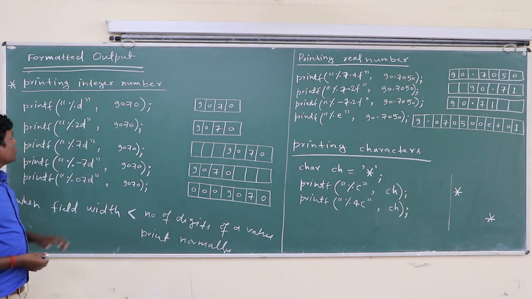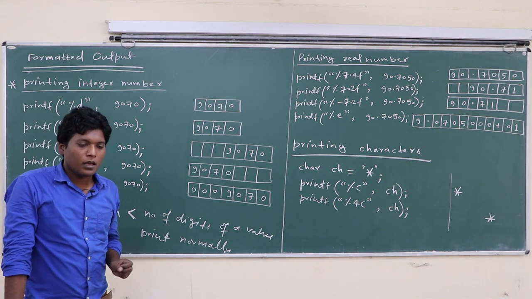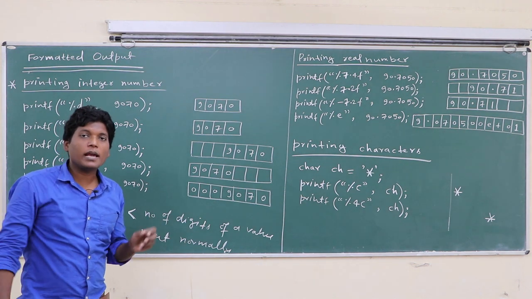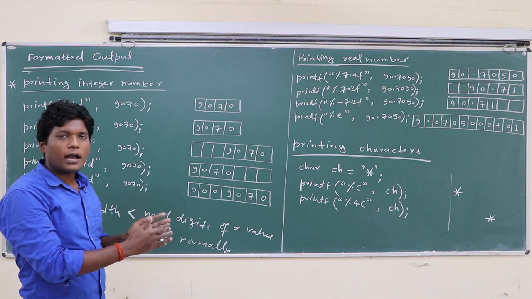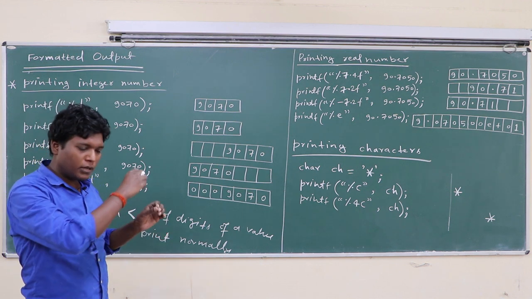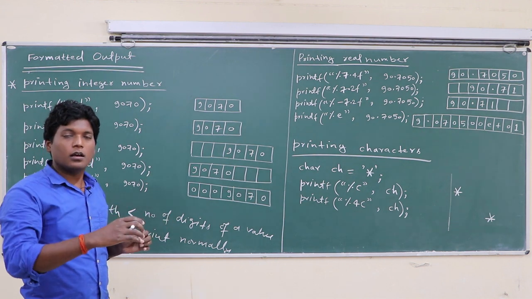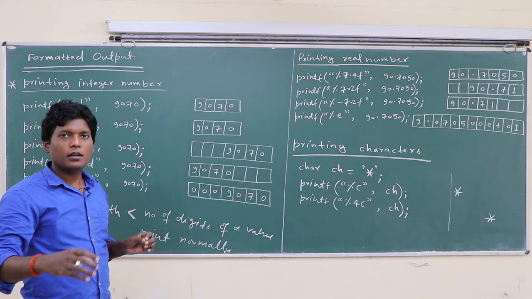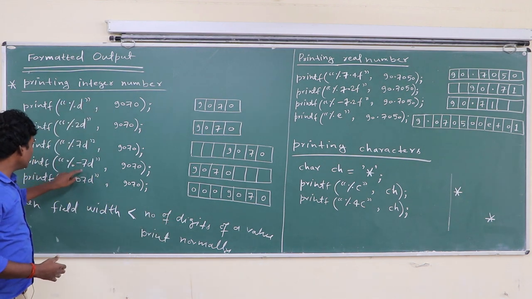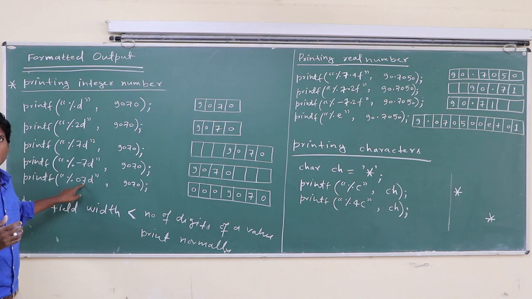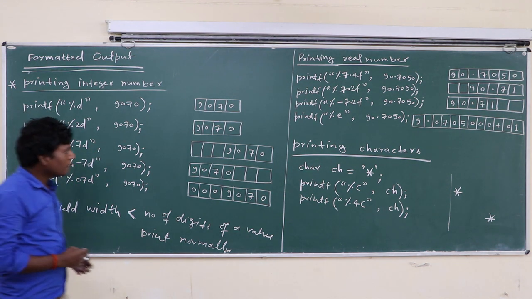Okay, so class, you can also use field widths like 100, 200, 500. Using field width, you can print the number either from the left or from the right. You can make a pattern by shifting the number to the right side or left side, and by varying the field width you can make a pattern of these numbers, okay class.